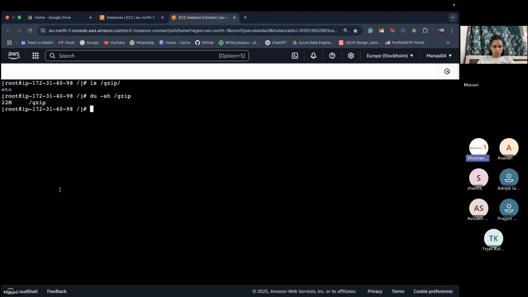If you can check, after uncompression the file has been returned to its original size. So the quality of files won't be hampered, so we won't be losing any data in compression or decompression.